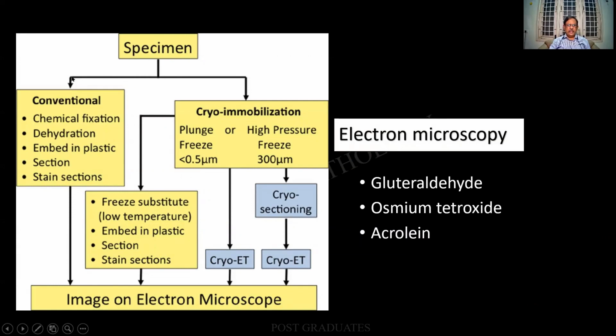So the specimen is received, there is a chemical fixation, dehydration, etc. And finally, the sections are being stained. There is an image on the electron microscope. Sometimes there can be cryo-immobilization and various extremes of temperature are being used. There is cryo-sectioning and cryo-electrotherapy. So once we have the slide in the electron microscope, it is connected to a computer and images are being taken, just like a fluorescent microscope. These techniques I shall be dealing with at a later date. But please remember that the line of management is different for electron microscopy.